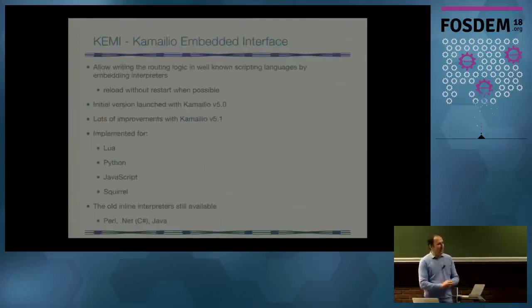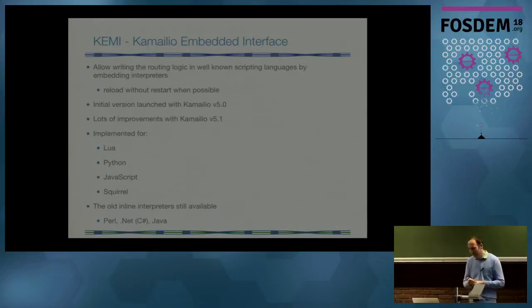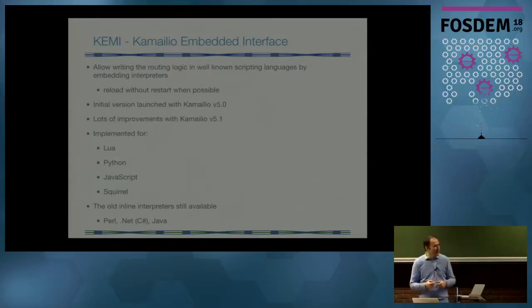So two versions ago we added a framework in the core, and we named it Kamailio Embedded Interface. The idea was to have a mechanism where a module exports a function to this framework, and the framework propagates it to many other scripting languages, not only our native scripting language. It was added in 5.0. Now we are already at version 5.1, and it's implemented for 4 scripting engines: Lua, Python, JavaScript, and